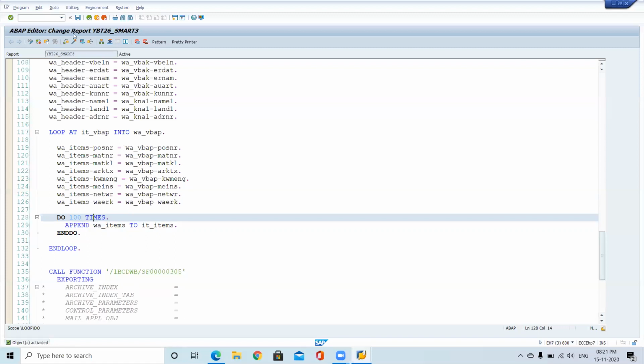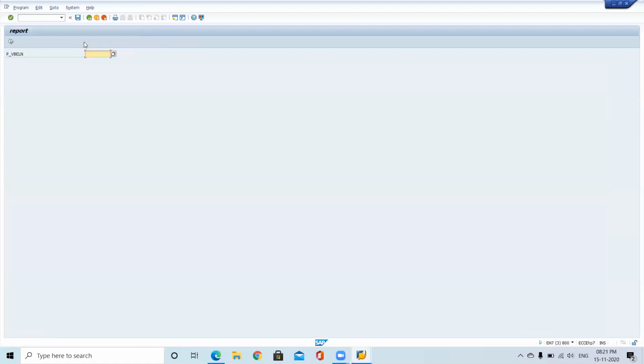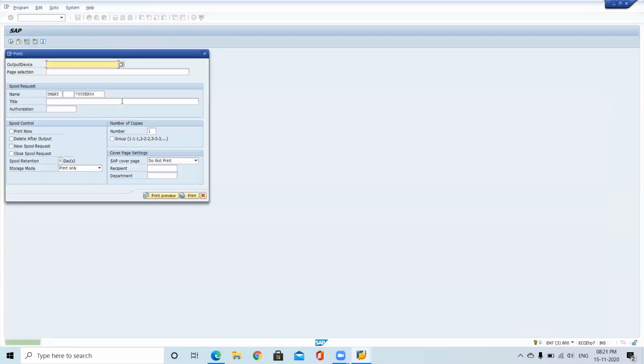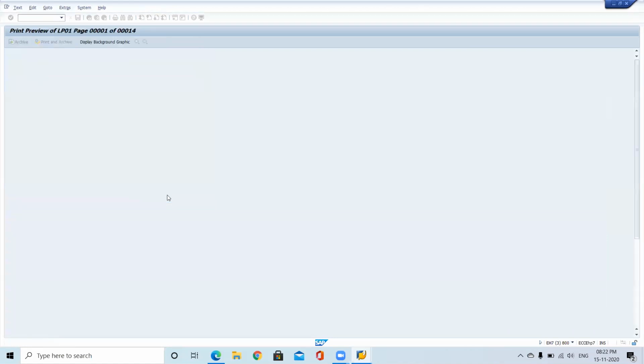Okay. Now you can see that 14 pages are there, and at the bottom you can see 1 of 14. But now it is displaying 1 of star.